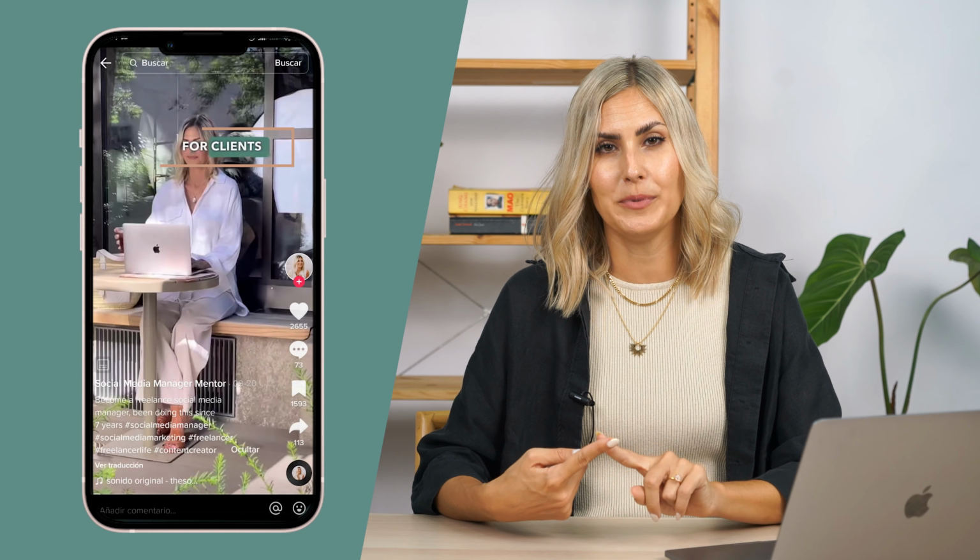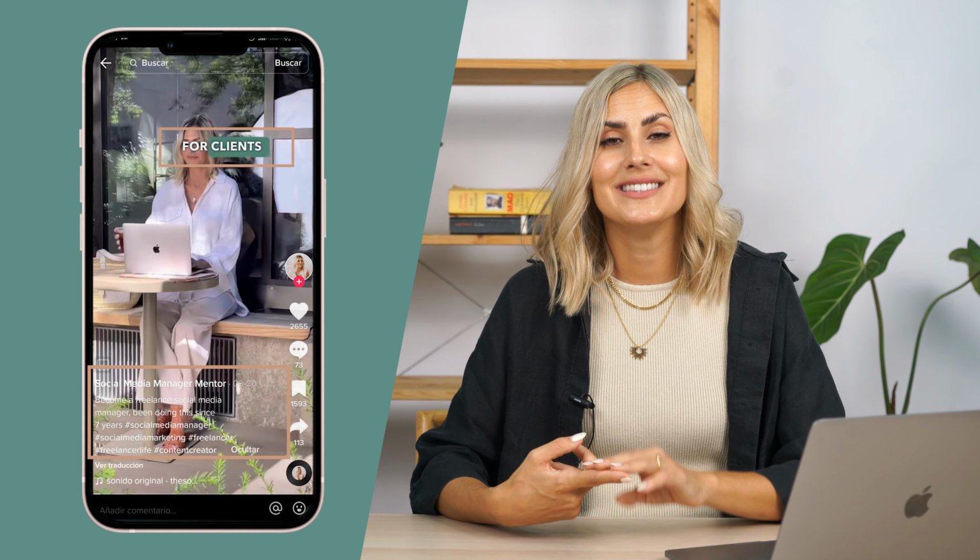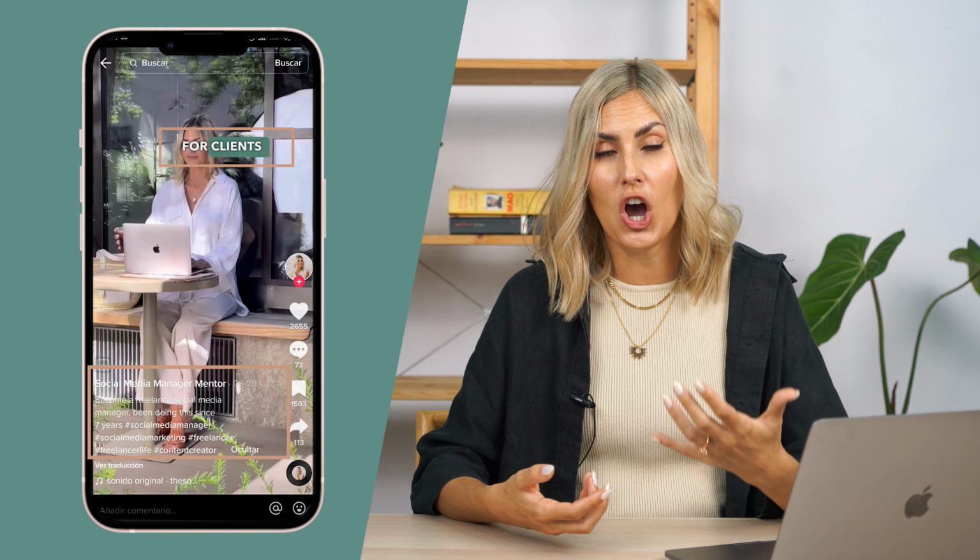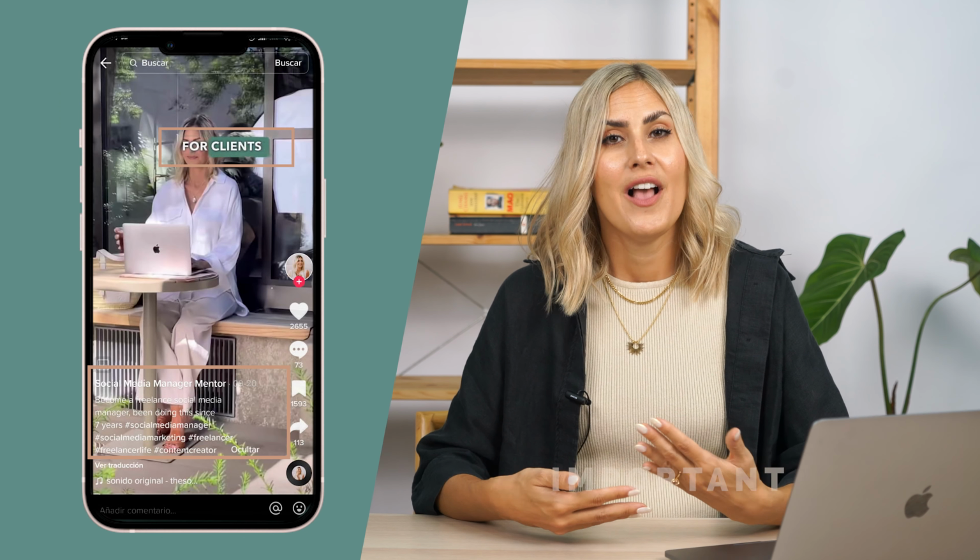So it's not an ad, it's not the brand trying to sell itself, it's actually people like you and me who are using that product. So it's like asking your best friend, hey, have you tried this brand and how do you like it? So people are not just Googling anymore, they are TikToking. So that means SEO is more important than ever. What kind of keywords you have in your captions, in your hashtags, and even in your video when you talk are super important. That makes the content creation ever so harder, right? But it's important to keep that in mind.